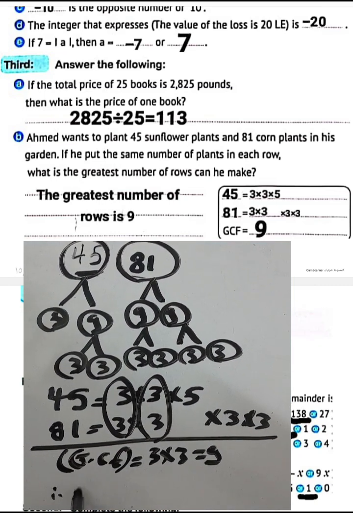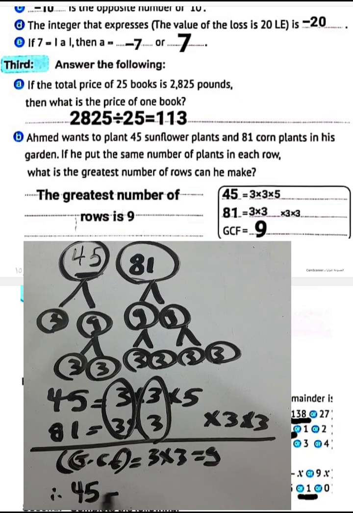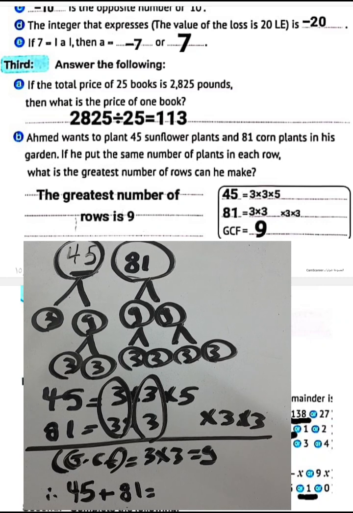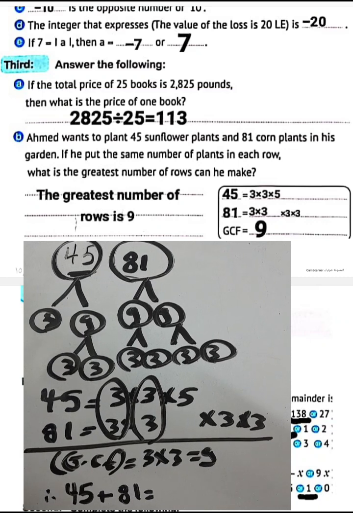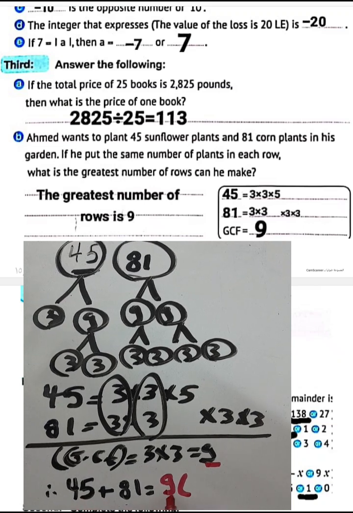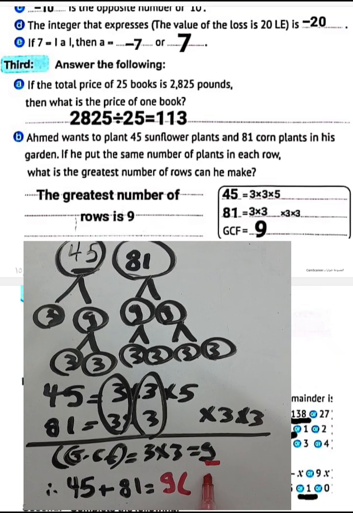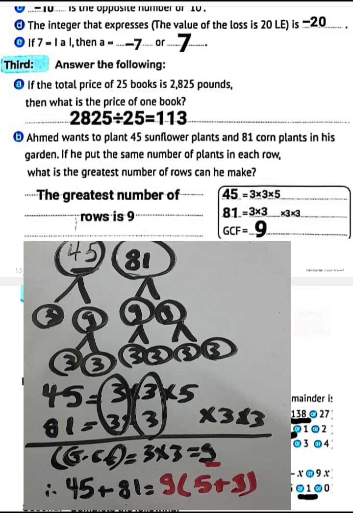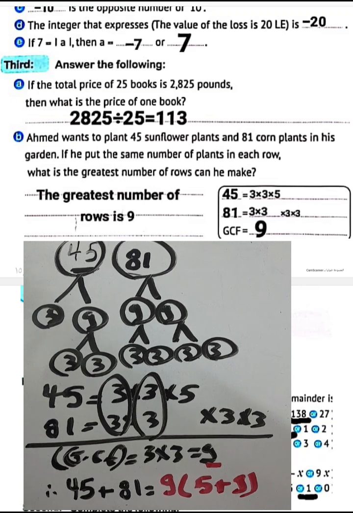Then we can write this expression, 45 plus 81 equals, we can write the greatest common factor outside, between two numbers here it was 9, write 9 outside, and 45 divided by 9 equals 5, and 81 divided by 9 equals 9. So the greatest number of rows is 9. The greatest number of rows, it will be what? It will be 9,